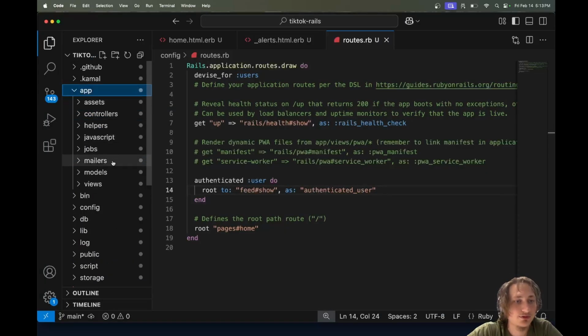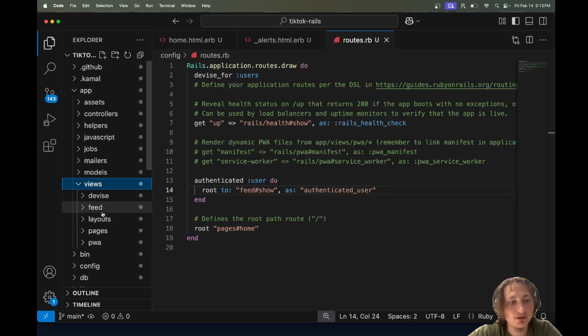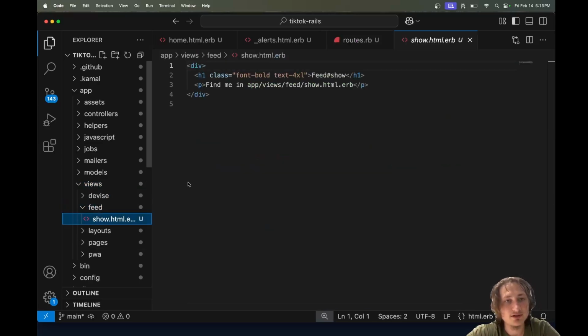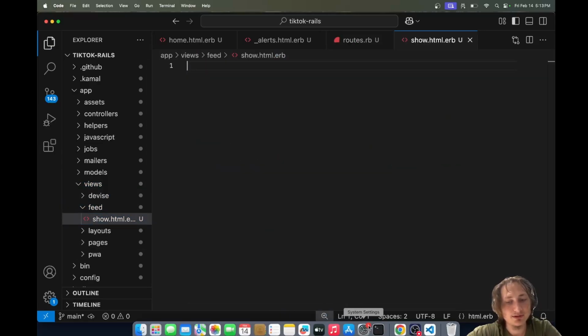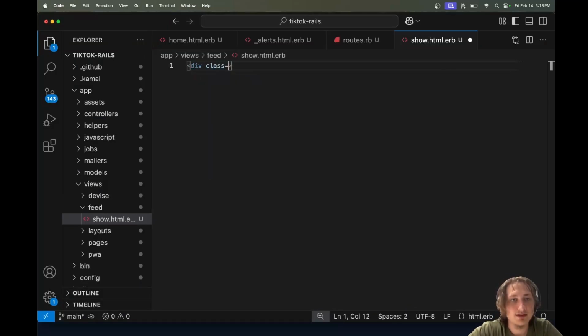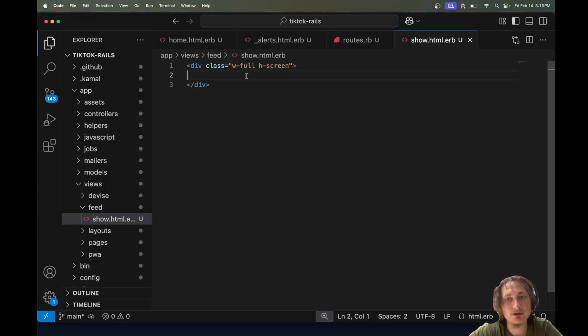Now what I'll do is I'll go over to that feed page. Let's go to app views. We now have this folder feed and a show page. I'll just straight up delete all of this stuff. And what I'll probably do is have our own div. So let's do div h-screen. And if you wanted to have a custom color here again, you could totally do that. If it helps you distinguish your pages, like, I used to do that a lot when I was